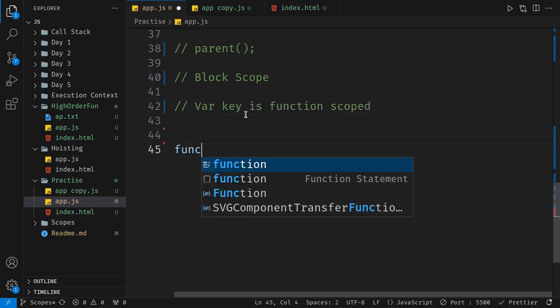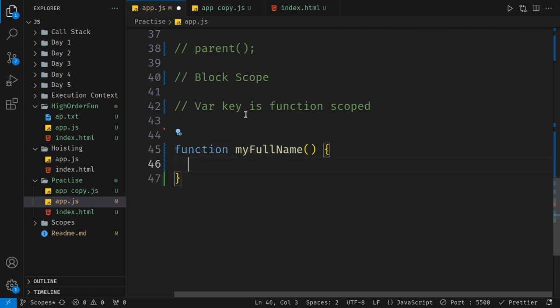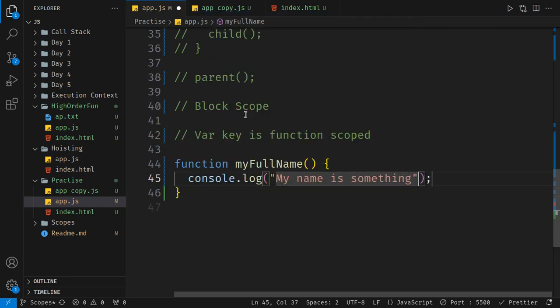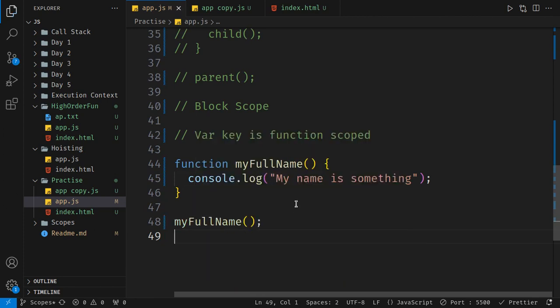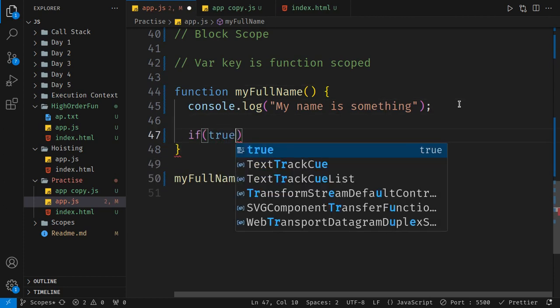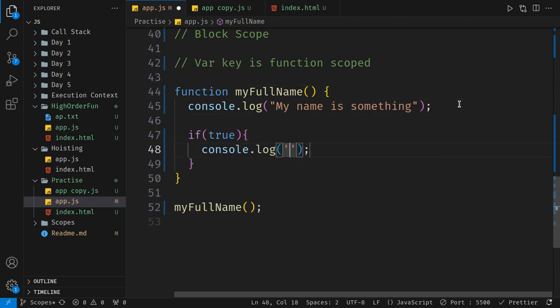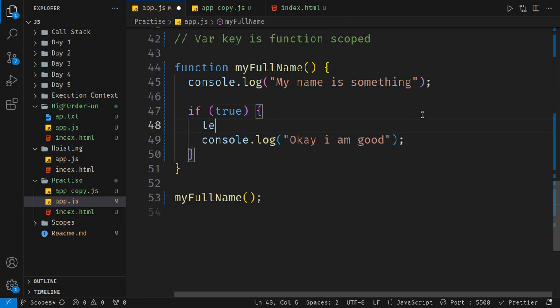Okay, let's create a function statement, my full name. Over here it is saying that my name is something. I'm calling this function very normally. Now imagine that you have an if statement. If true is equal to this, you say okay, I am good. Imagine you have a block of code over here, and if you write let name which is equal to Lokesh,